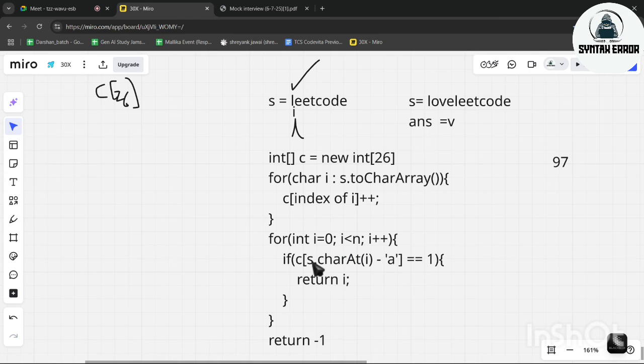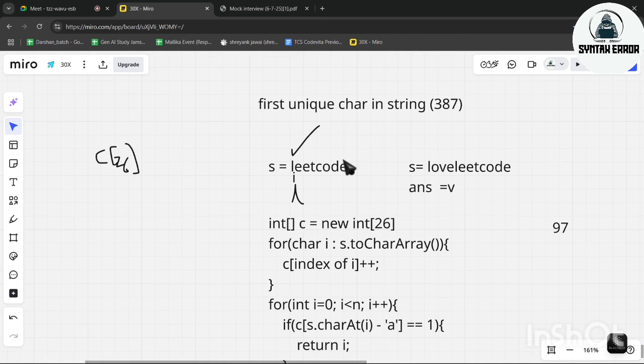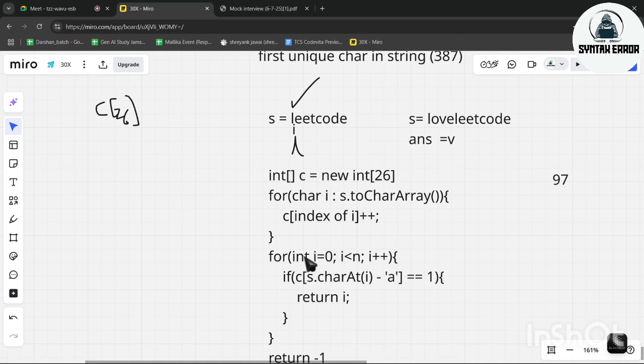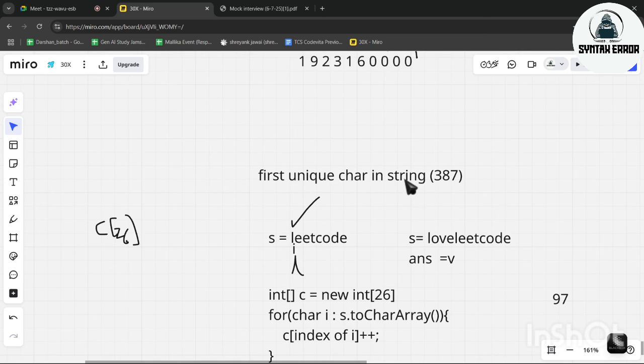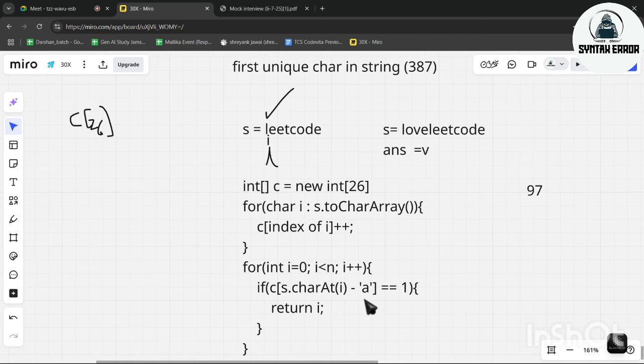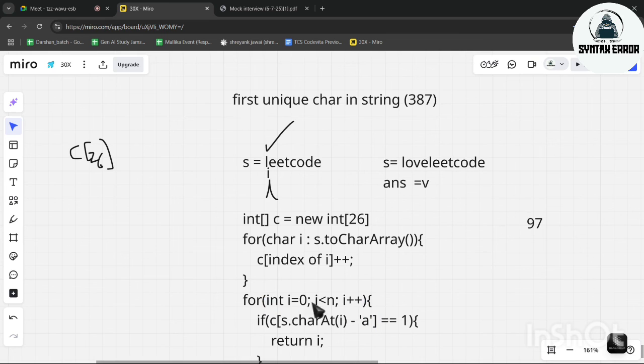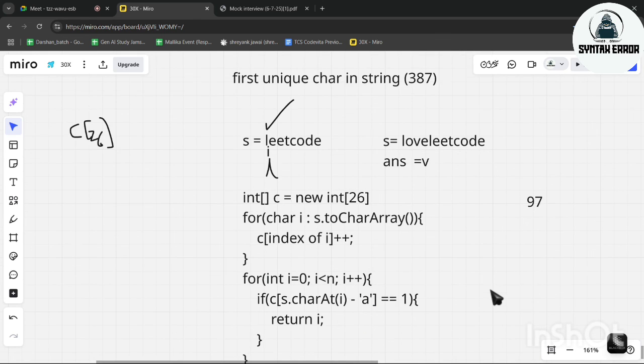We will get an index for that L, and we will check whether the frequency at that index is 1. Then we will just return that index i. Why I took it like this: because in the question they will be asking to return the index of it. That's why I took this format, not the second format.